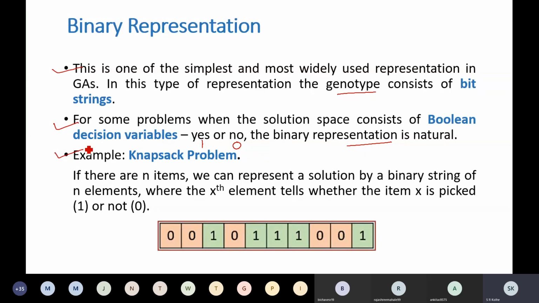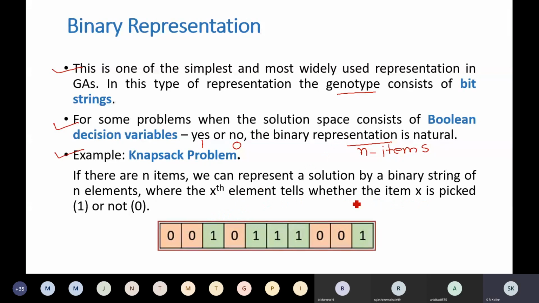So what we have in knapsack, suppose we have n items, we can represent the solution by a binary string of n elements, where the x-th element will tell you whether the item x is picked up or not.